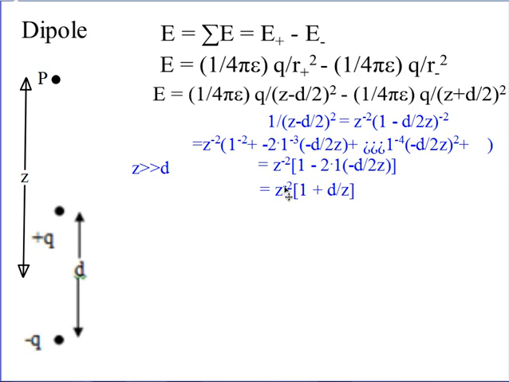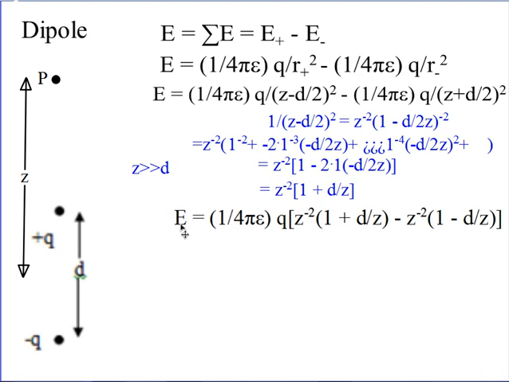So this then is equivalent to this term right here, and this term here is going to look just like this, except it's going to have a minus instead of a plus there. And if you don't believe me, then go through all the work that I just went through. And so this thing here can now be written as q times, and this term here would be replaced by that term, and this term here is replaced by this term,